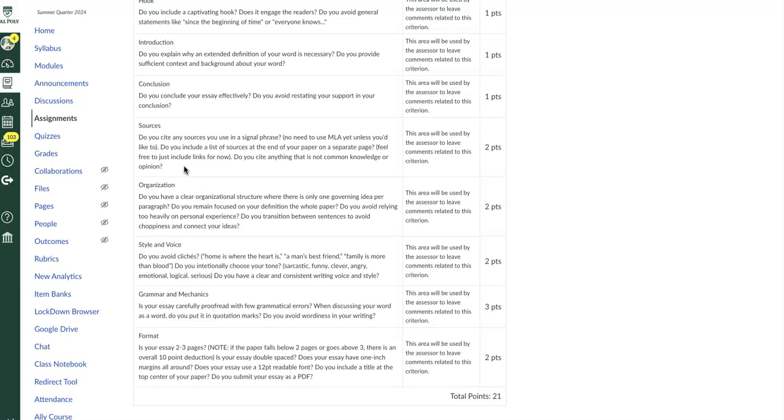Do you include a list of sources at the end of your paper on a separate page? At this point in time, because I've not covered MLA 9th yet, you can just simply include a list of your sources, a list of links, whatever works for you. But I do need to see everything that is not common knowledge cited. And again, that's using your signal phrases, just simply saying,